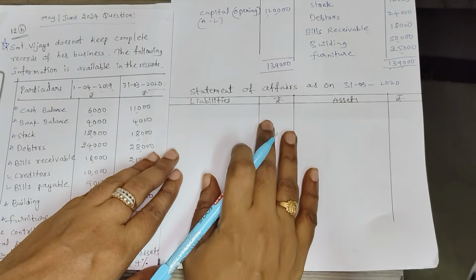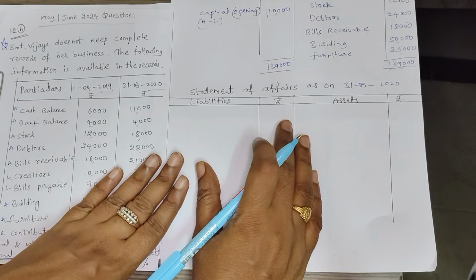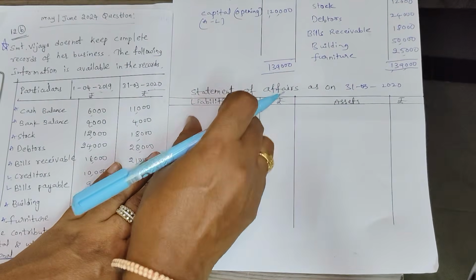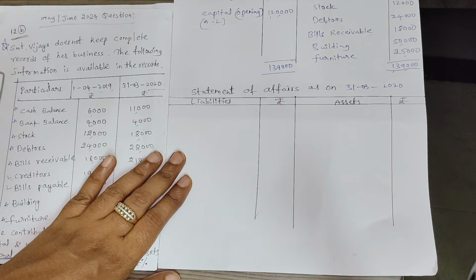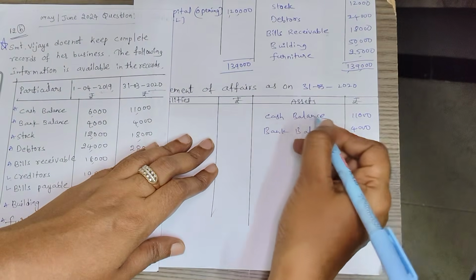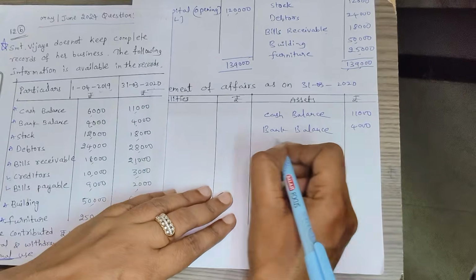And next we need to find out the closing capital with the help of current year details. Okay. So here also same. Assets we need to write here. Liabilities we need to write here. The balance amount should be called as capital. Okay. Cash balance 11,000. Bank balance 4,000. I'm taking here 2020 details. Okay. Stock